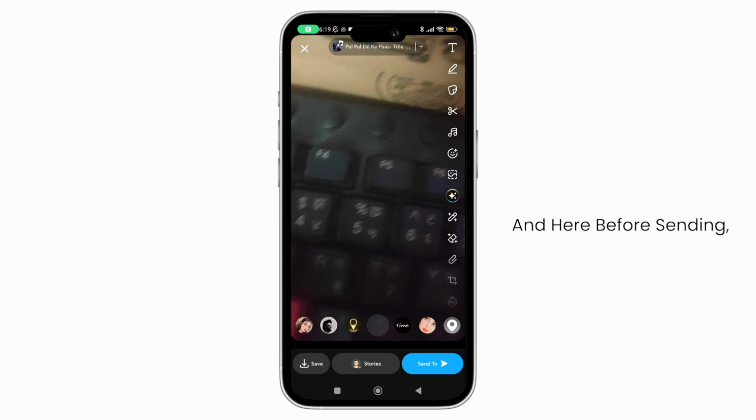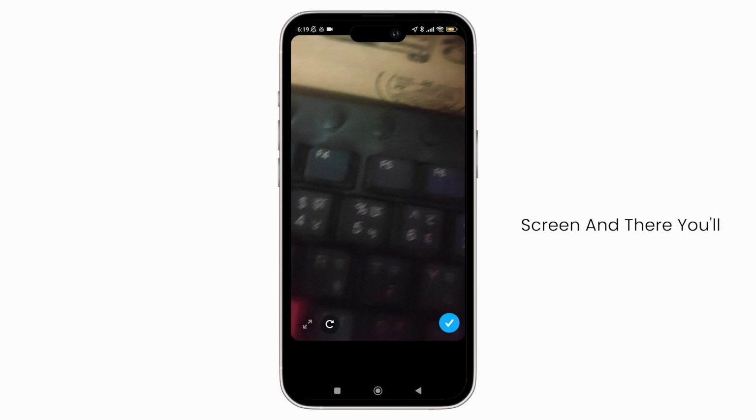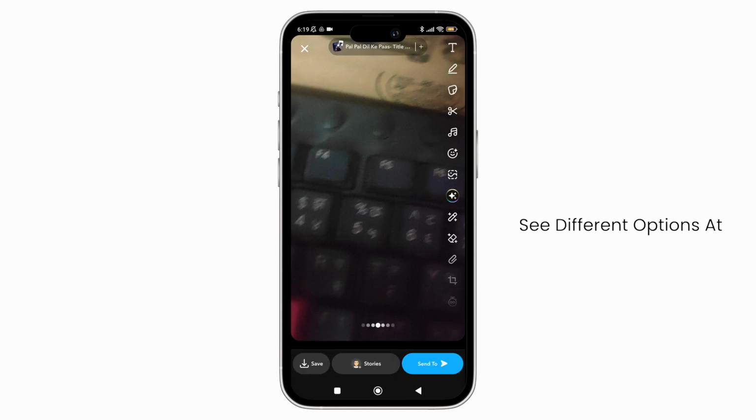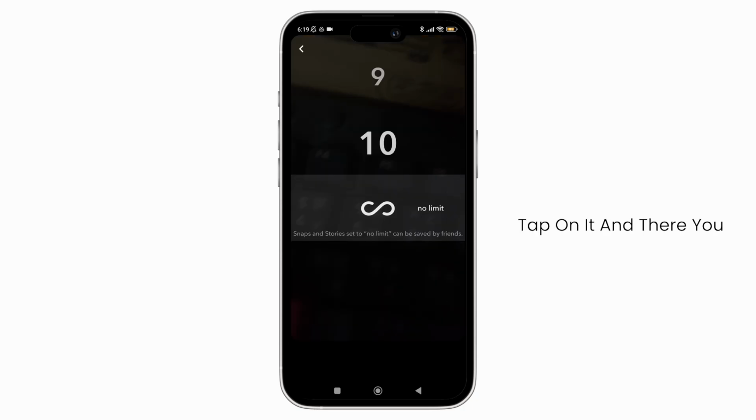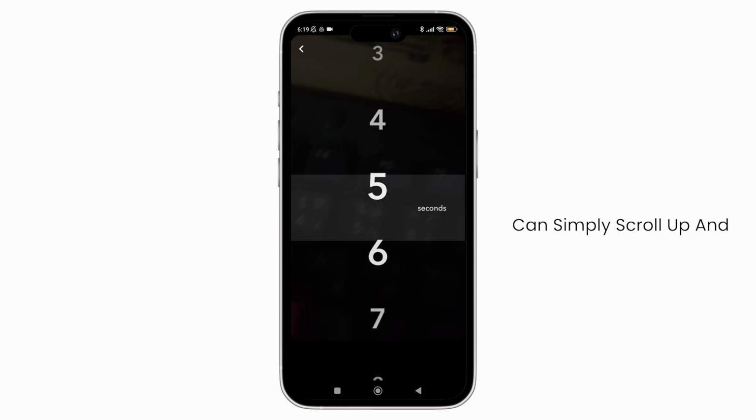And here before sending, you can just look at the right hand side of the screen, and there you'll see different options at the right side. So there you can simply scroll down, and there you'll see the timer option at the bottom. So there you can just tap on it, and there you can simply scroll up, and there you can set